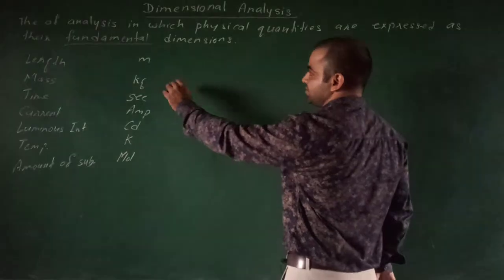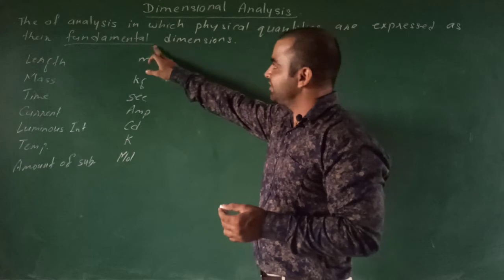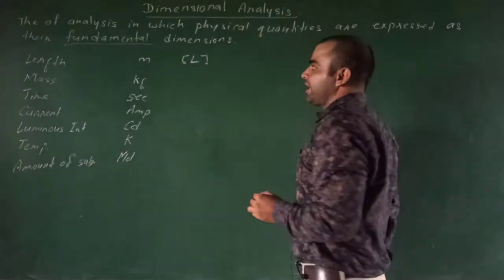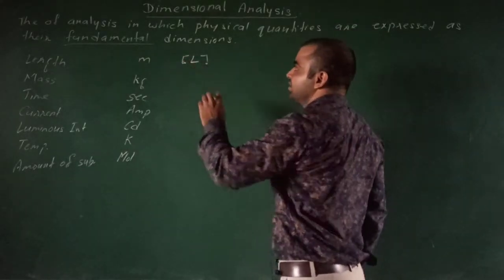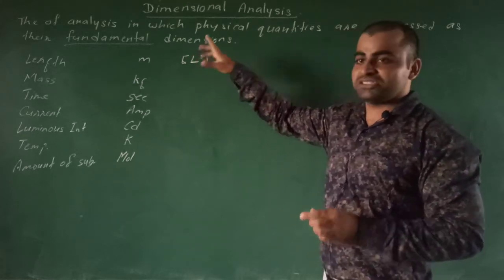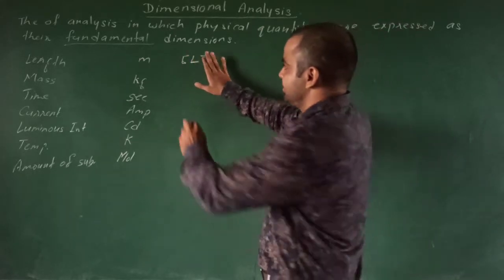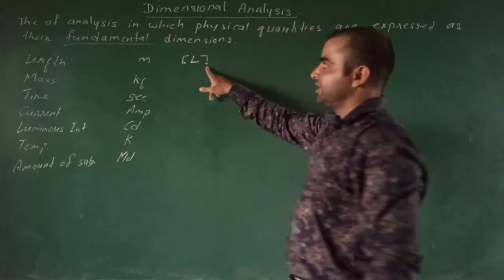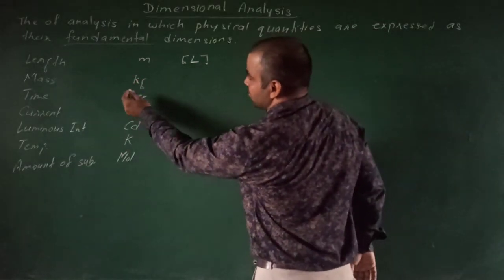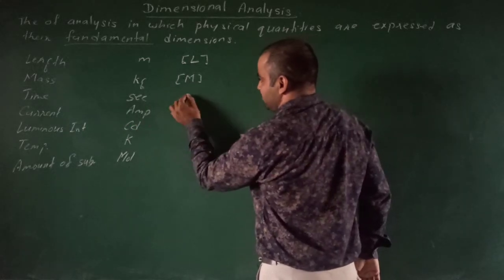And the dimensions are the fundamental dimensions. Length, dimension of length is L. In dimensional analysis, the fundamental dimensions are closed in a square bracket. Length is closed in a square bracket, then it is dimensional analysis. Mass, capital M; time, current, luminous intensity, temperature